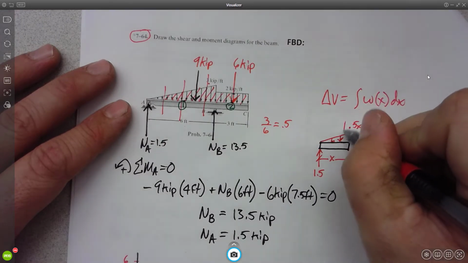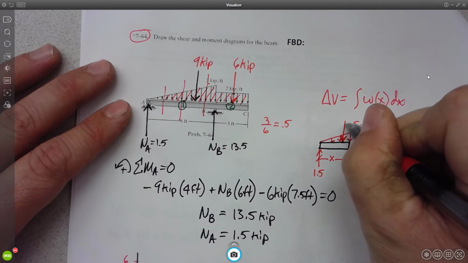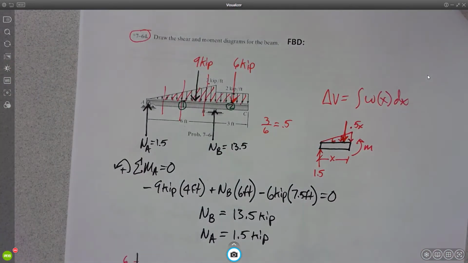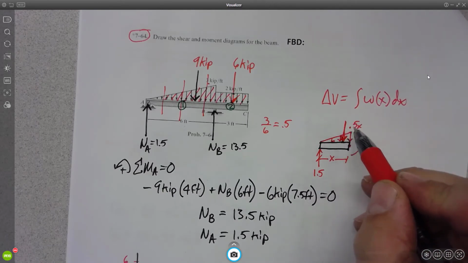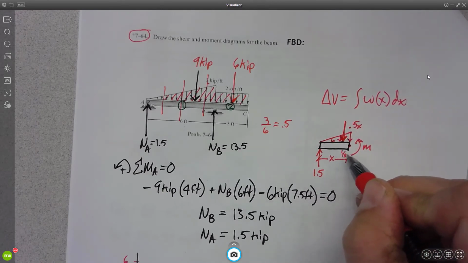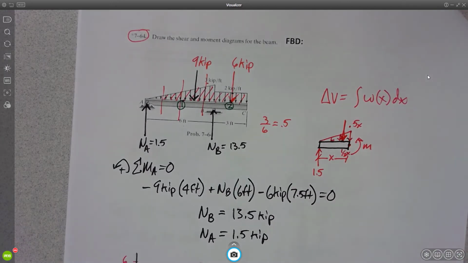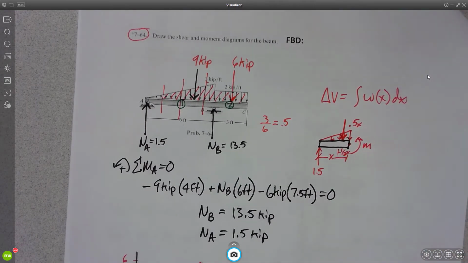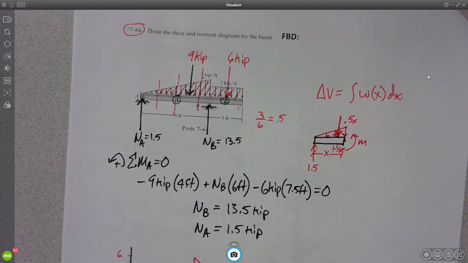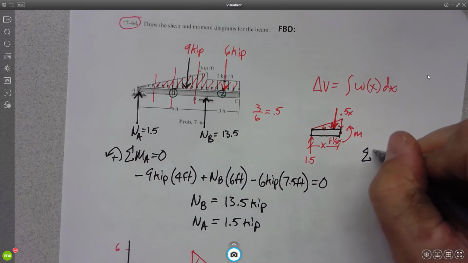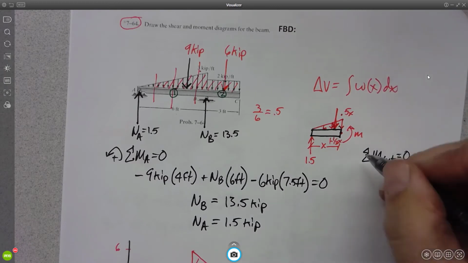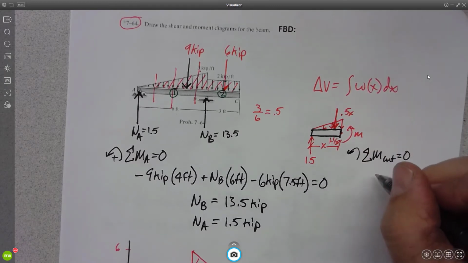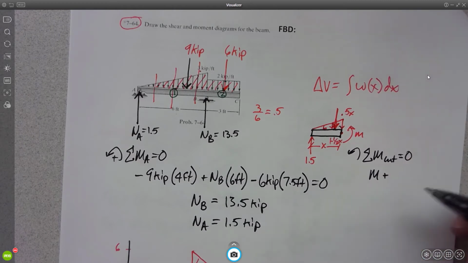Where would my resultant of this little slice be? Where do I want to sum the moments about? The cut. I always sum the moments about the cut. And in a triangular distributed load, we know that this will always be 1/3 x. Okay. So let's do this. Sum of the moments about the cut has to be equal to 0. Counterclockwise is positive. So I'll have M plus,